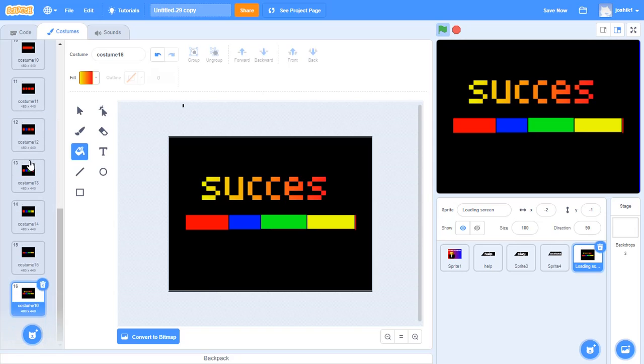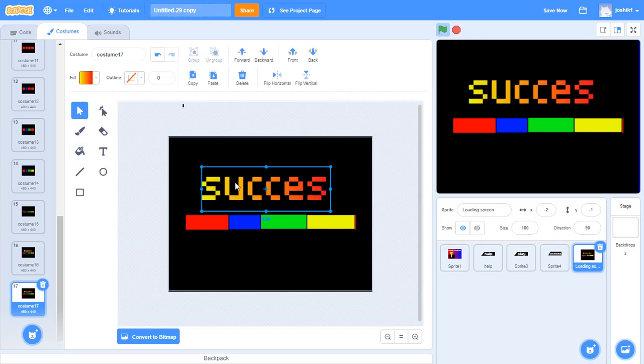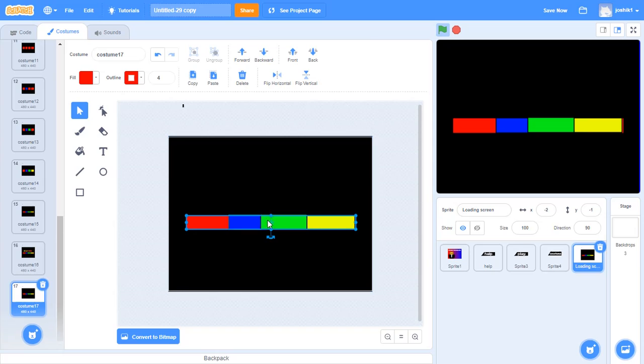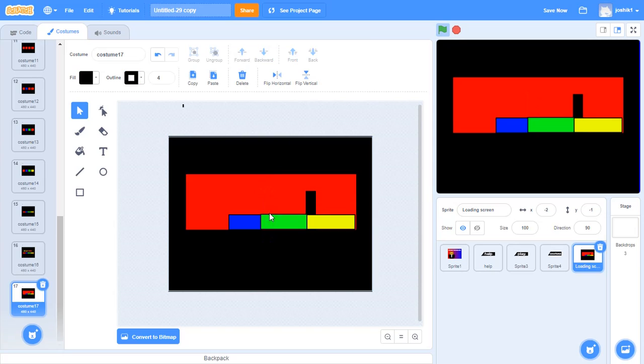And now since we have success, our last frame is actually going to be so the success deletes itself, or the success disappears, and this line morphs into a square, a rectangle, a big rectangle. For that, you'll have to delete the black lines we made earlier. It's gonna morph into a rectangle,